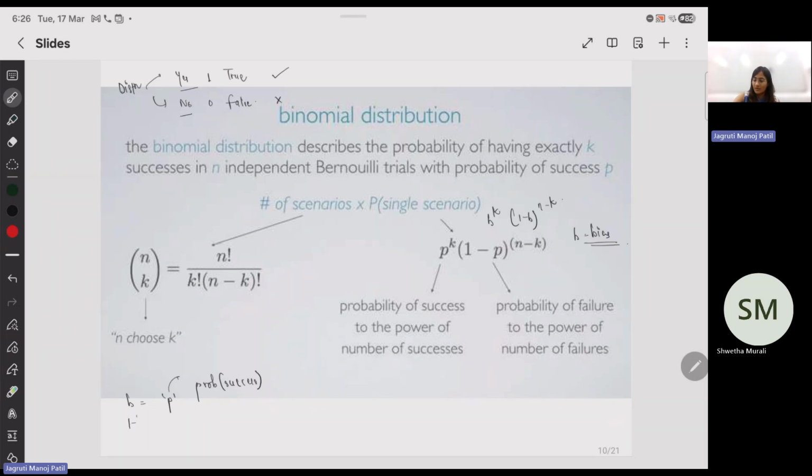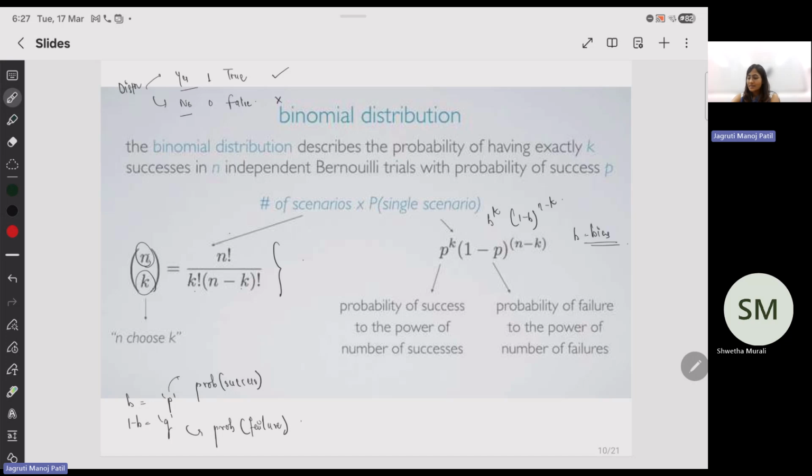If the bias is unfavorable, or it's 1 minus B, you represent it as Q. It's up to you; this is just lingo for the probability of failure. That way you have two different terms you will never get confused with. And this is the combination: from a given n, you choose how many times the favorable outcome that you wanted came in your data set. You write it as factorial of n divided by factorial of k times factorial of the difference of both of them. This is how you take factorials there.